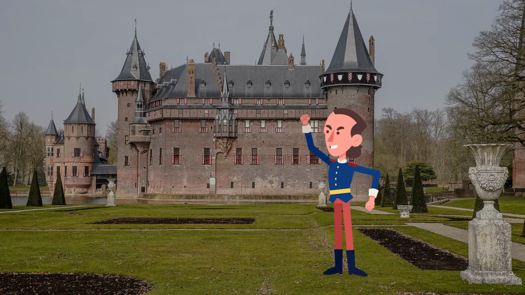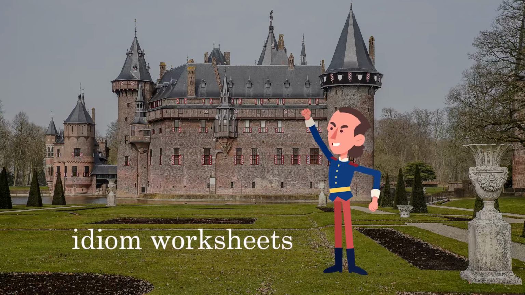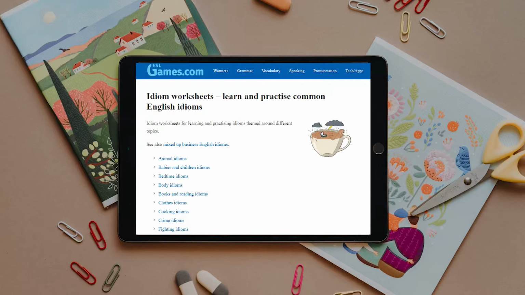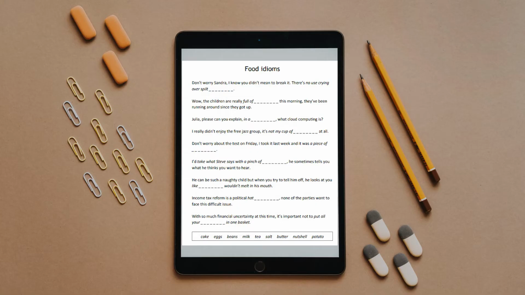Our third game is a traditional idiom worksheet, but with a twist. I found on this amazing website, eslgames.com, these ready-to-download idiom worksheets about different topics. I put students in pairs or groups and ask them to complete the statements with the right words from the box below. I give them some time, we go over the meanings together,